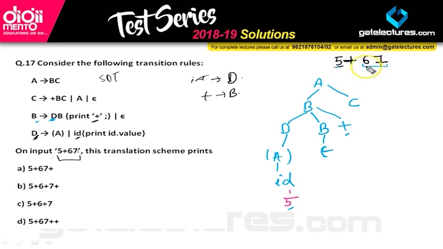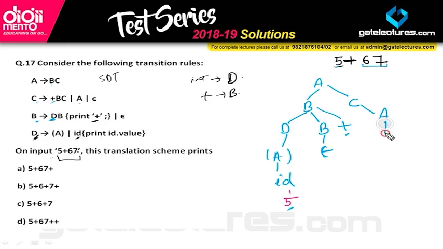So to produce 6 and 7, I will have to use the D production. And who has the capability to produce D? Only B. Okay, now here we have C. I don't need this plus, I have already produced my plus. So in place of C I will produce an A, because A has the capability to produce a B, and B can give me D. So I will produce an A here.